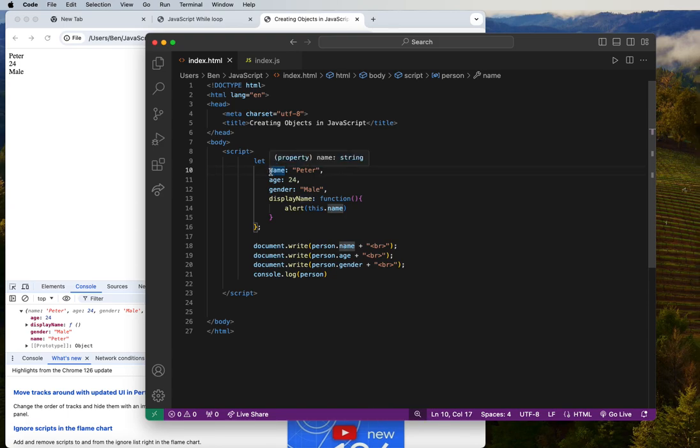If we change the name to a quote, for example, this way, and then we change the age to a quote like this,